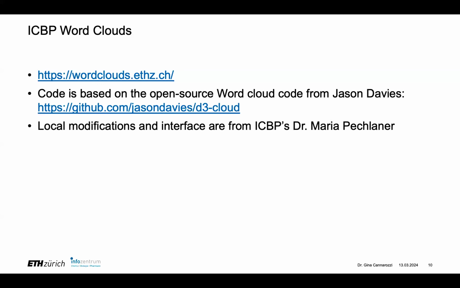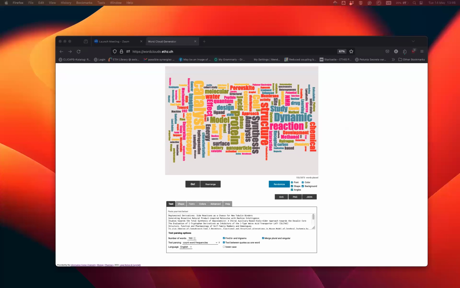So our in-house word cloud generator, which was made by Maria Pechlaner, it can be found at wordclouds.ethz.ch. The code is based on an open source word cloud code from Jason Davies that can be found right here. And Maria did a lot of local modifications and made the interface. So I'm going to switch to the